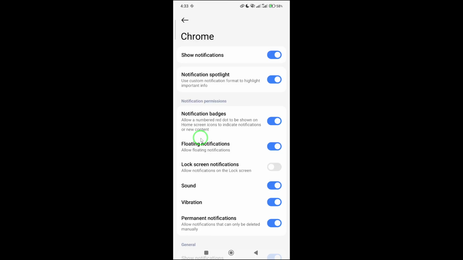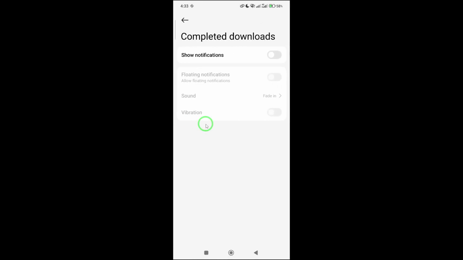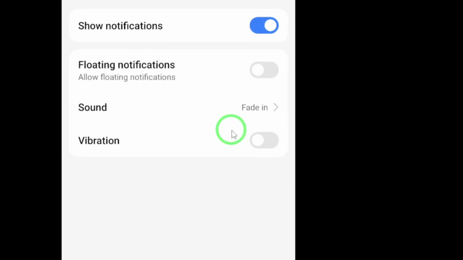After that, tap on Notification Categories. This is where you can fine-tune exactly what kind of notifications you want to receive. Scroll through the list until you find Completed Downloads. When you see it, simply toggle it on. And that's it. From now on,